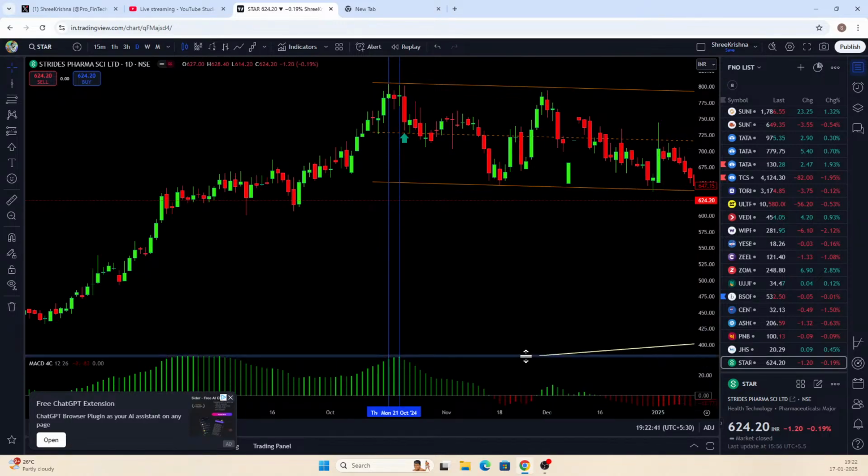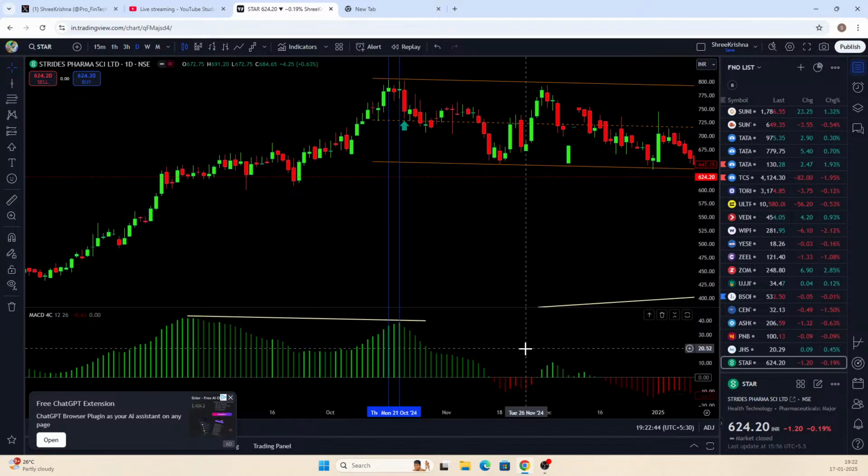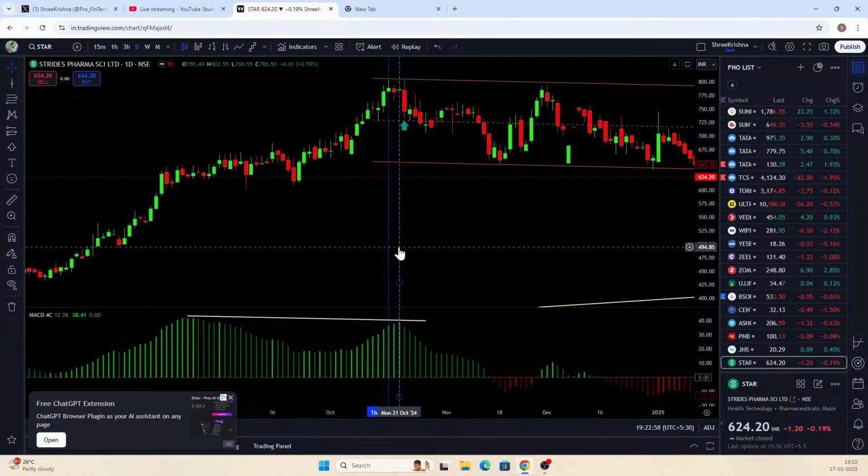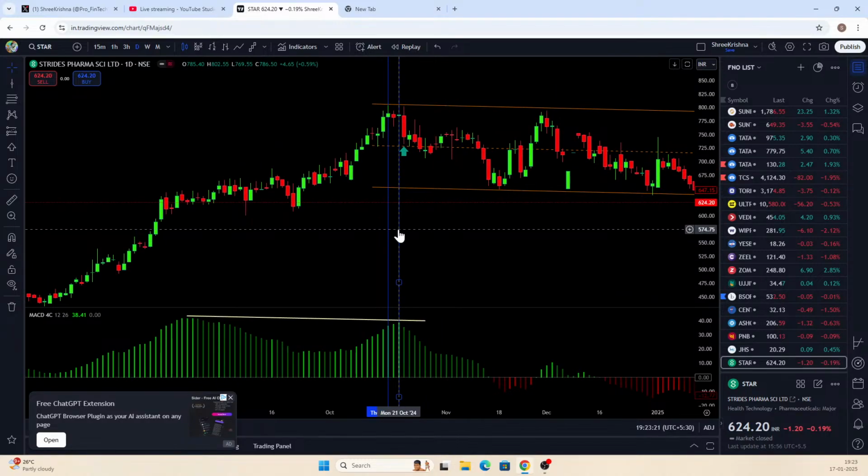Let me just expand this and show you a little bit. MACD also. And when you take that MACD, now I am on MACD, it is showing 41.66. The previous histogram range, and this green bar, is 38.41, and where the last top it has made, it is 36.47. So when the divergence comes as 35.37 with the largest bar ignored, I mean the length of the bar is larger than the previous seven bars, then the only one thing left to you is that